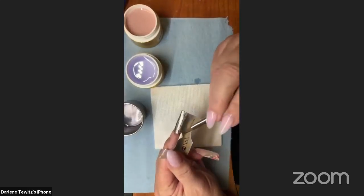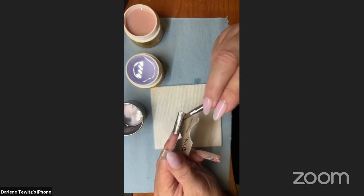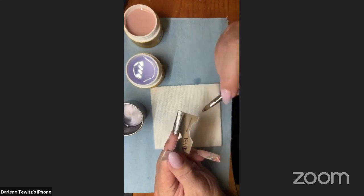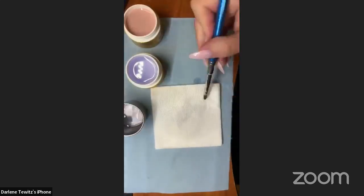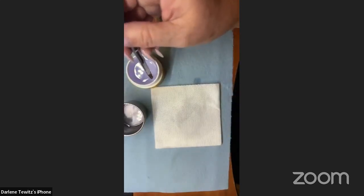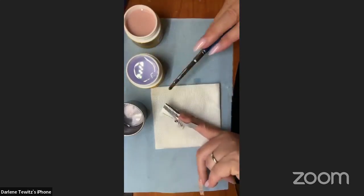So I'm not sure if you can see that, but I have gone with my gel straight out, which looks like I've dropped. And I'm just going to, again, freeze that so it doesn't move on me. Going to pick up a little bit of gel and I'm going to do the exact same thing on the other side. So if I turn my hand this way,